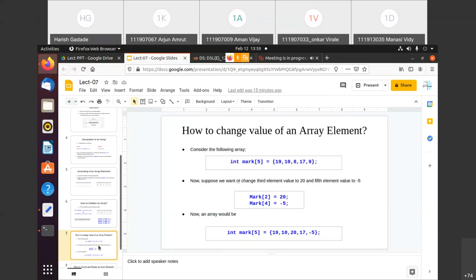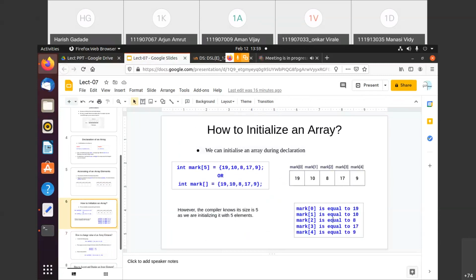Now, how to change the value of an array element? See, with an example I'll explain how to change an array element value. Suppose we have 5 elements, and in the last slide we saw in this case marks 0 equals 19, marks 1 equals 10, and so on.